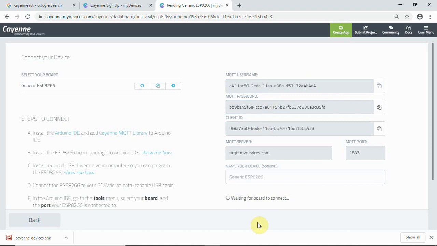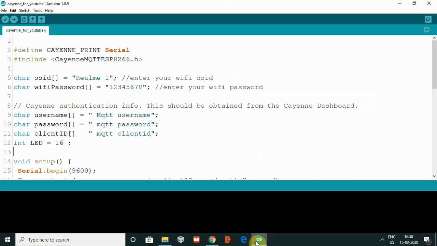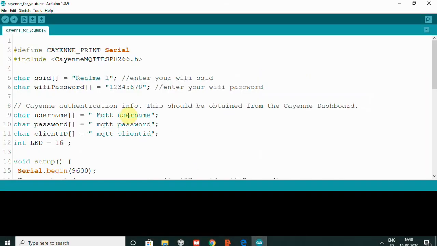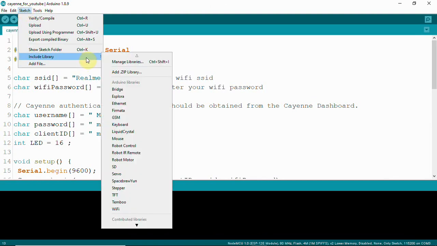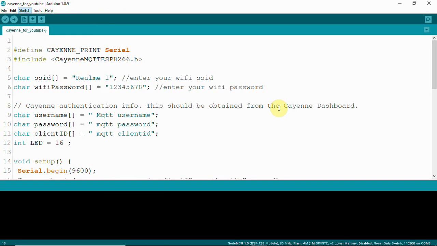Once this is ready, we can keep it on hold, and we'll get into the Arduino IDE. I believe we have our ESP8266, that is the NodeMCU library, installed. Now what we are going to do is click on sketch, then include library and manage libraries.